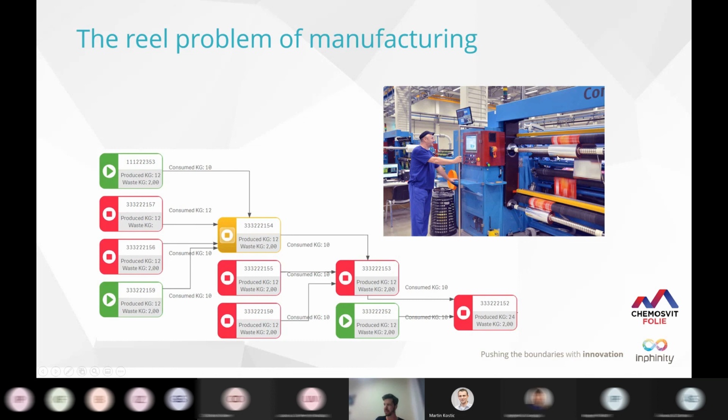So what they were asking us is to provide them with a tool which will help them better understand and optimize the processes which concern the reels with the materials. They wanted to see exactly from which reel to which reel the material goes, what the losses and wastes are, and what the production is, and if there is any problem, how many reels will be influenced by it. So it's quite a complex problem.